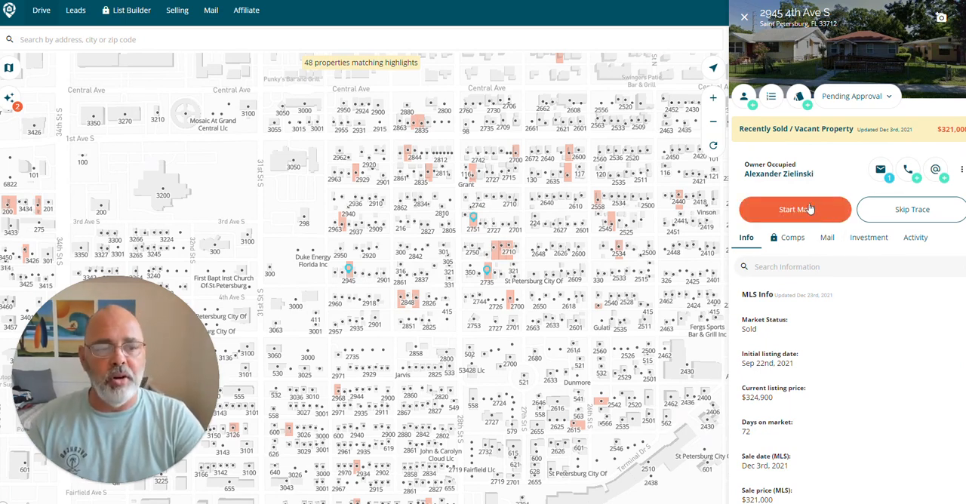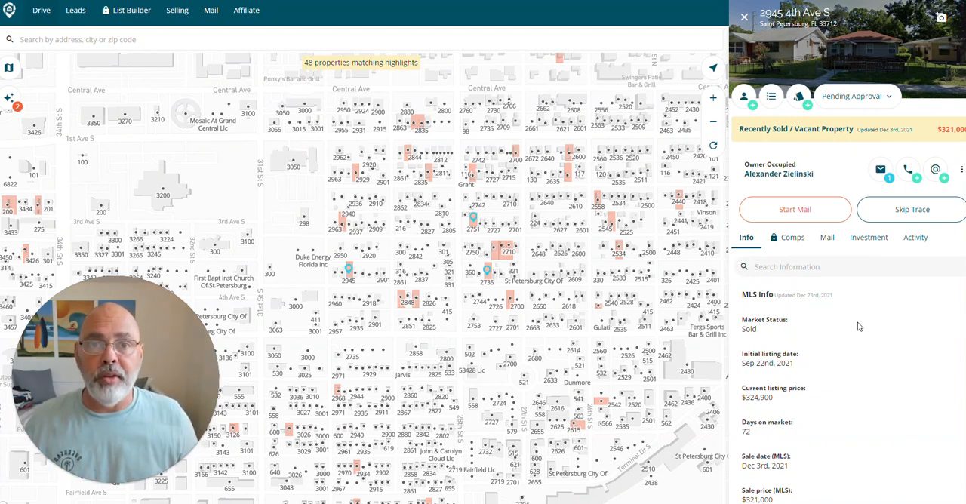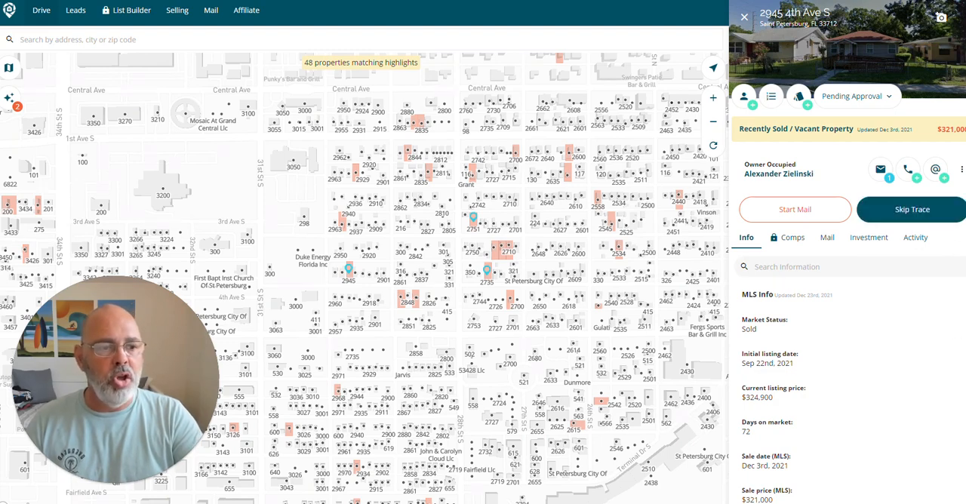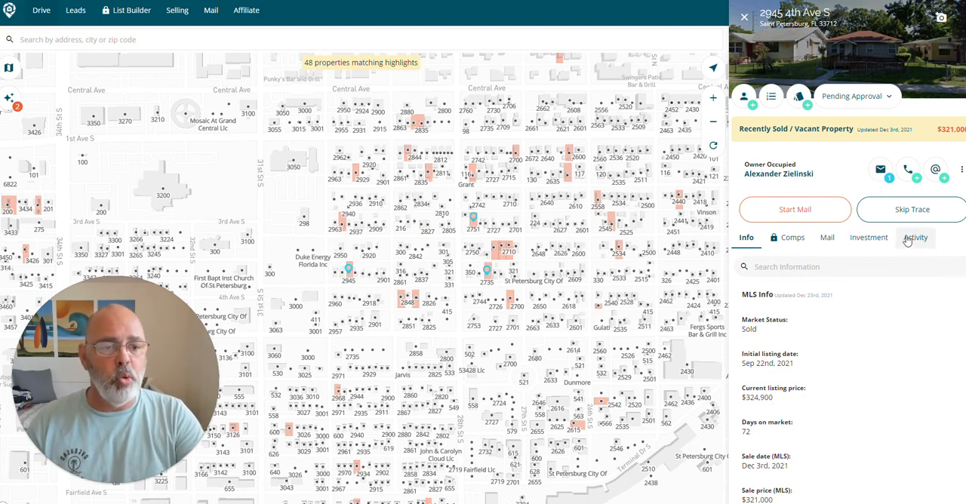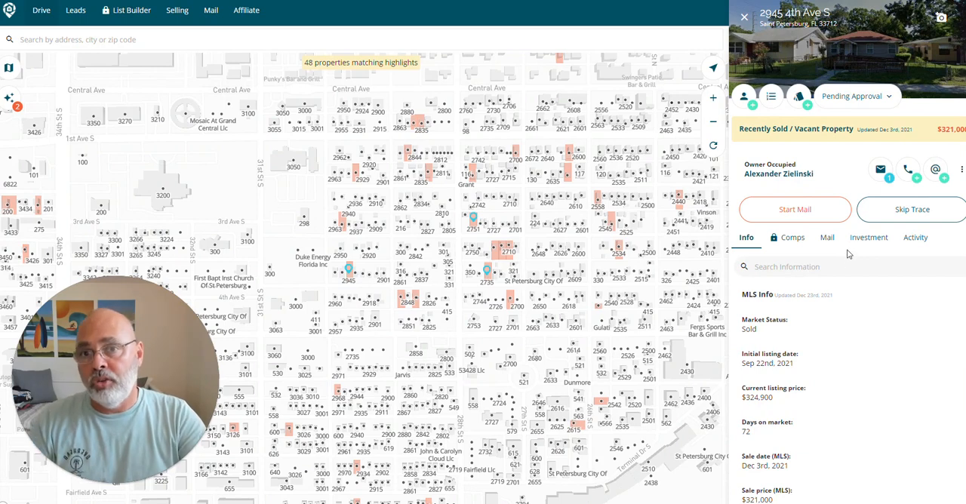You can instantly start mail, and you can set up postcards, and you can do this right from the driveway of the house. If you're driving by it, you can click start mail, and it'll start sending your postcards out. You can send out one, you can send out a series of postcards, whatever you want. You can skip trace the owner right in here. You can get their phone number, you can get email addresses, so you can email them. So everything you need in here to contact either via email, phone, or mail to get in touch with a